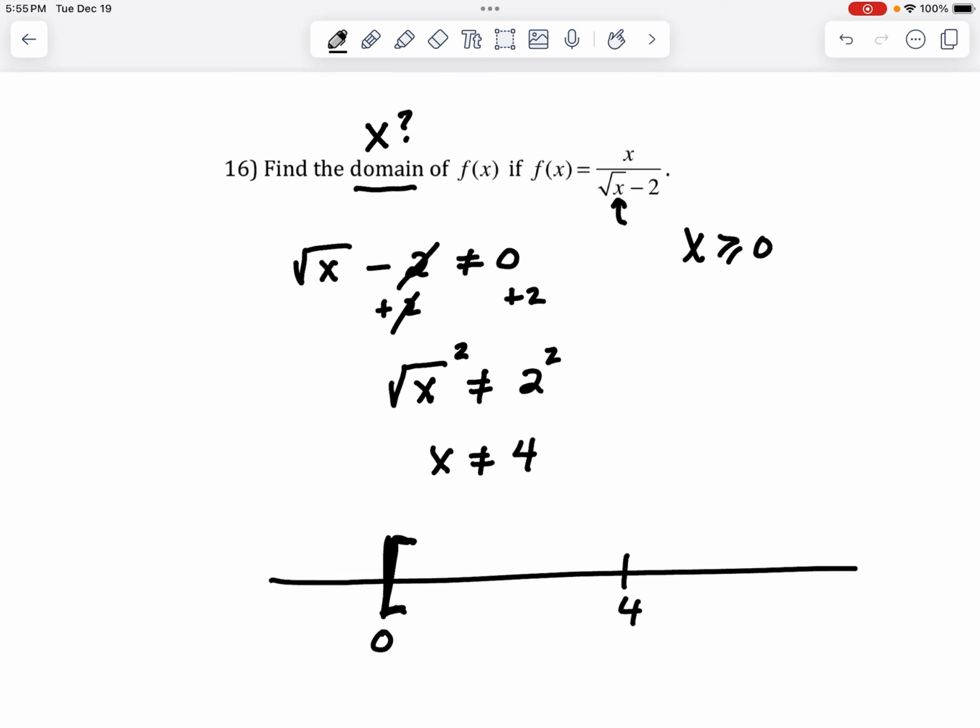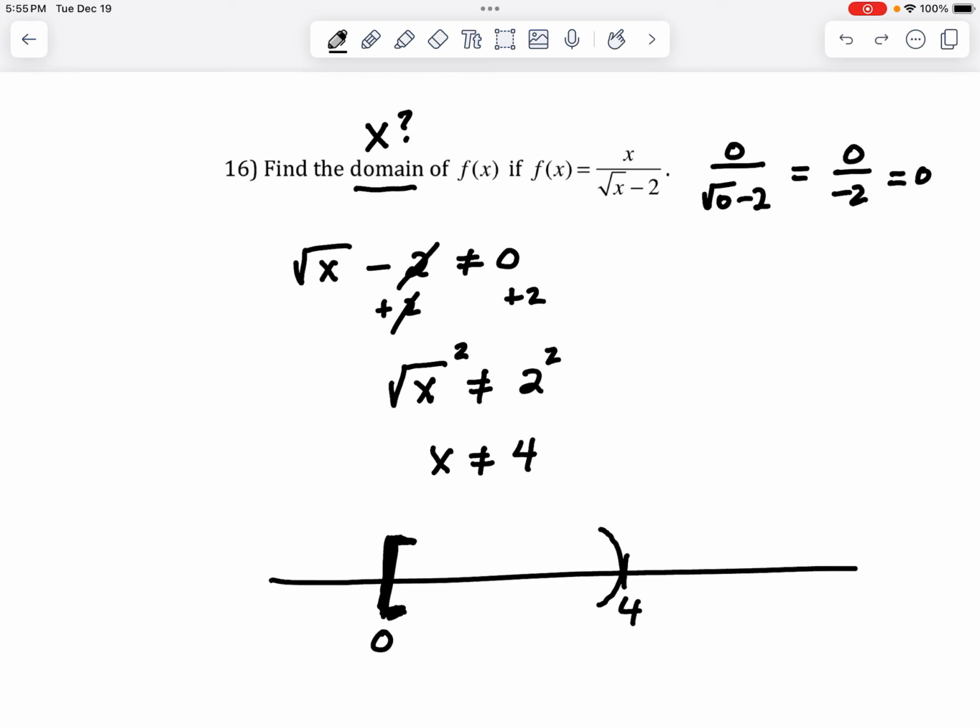That's not a problem, because if you plug in 0 for x, then you would have 0 on top. You would have the square root of 0 minus 2. And the square root of 0 is 0, so you'd have 0 divided by negative 2 equals 0. So that means x equals 0 is allowed, so at 0 there should be a square bracket. 4 is not allowed, so you need to put the round parenthesis, and then,